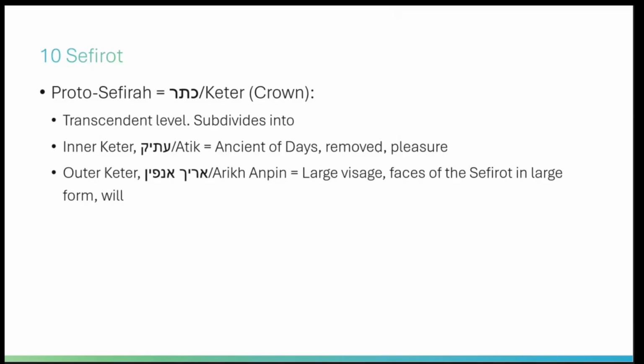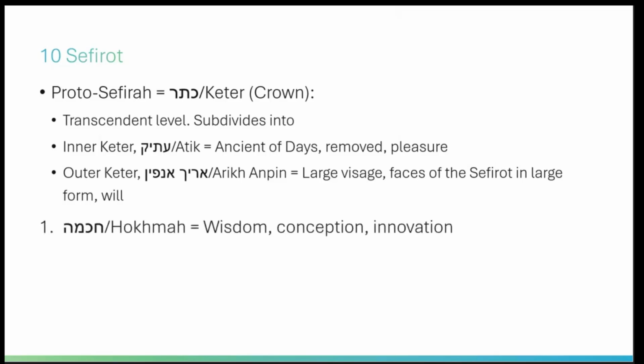This correlates, generally speaking, to the idea of will. Will and pleasure are like two sides of one coin, but will is considered like the outer dimension, while pleasure is the inner dimension. In a sense, that which a person has pleasure from, they want that which will lead to their pleasure. That's one way of thinking about it. The Alter Rebbe actually raises this idea later in Tanya. Okay.